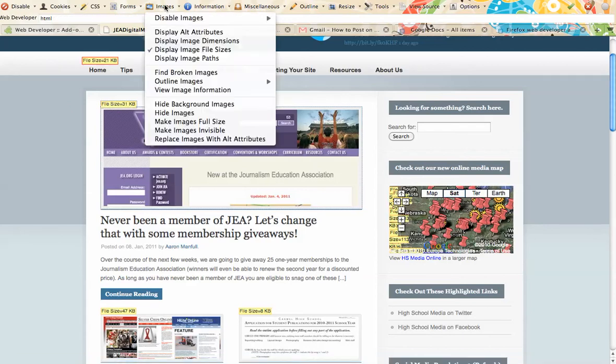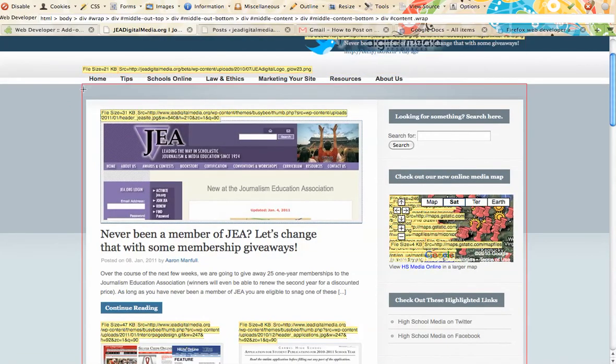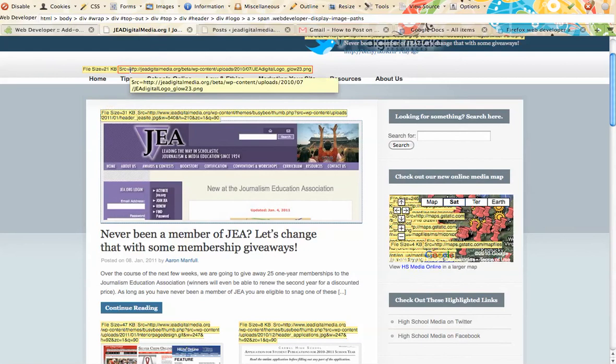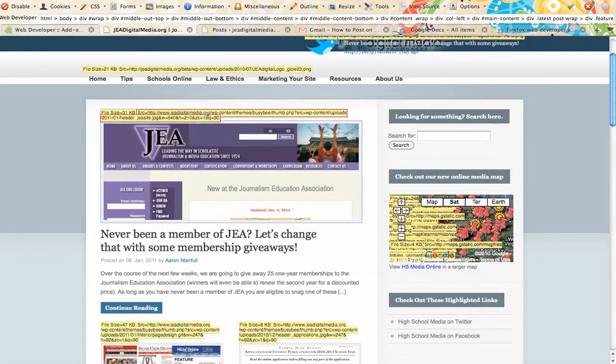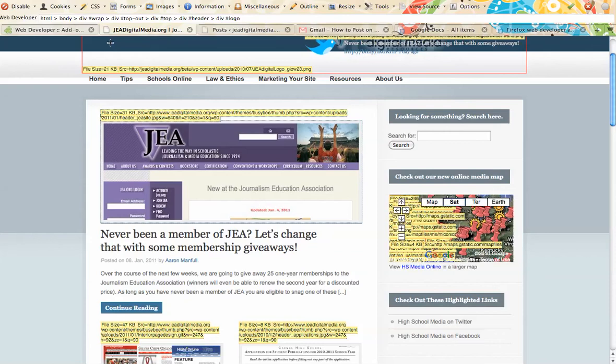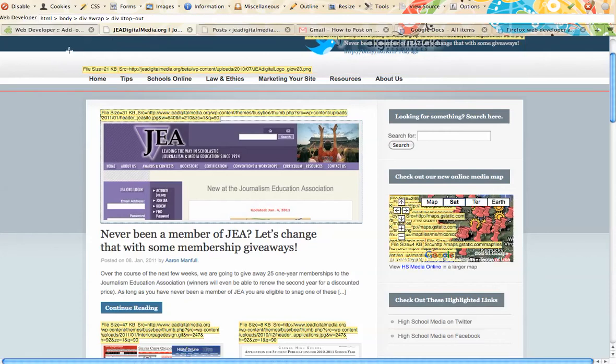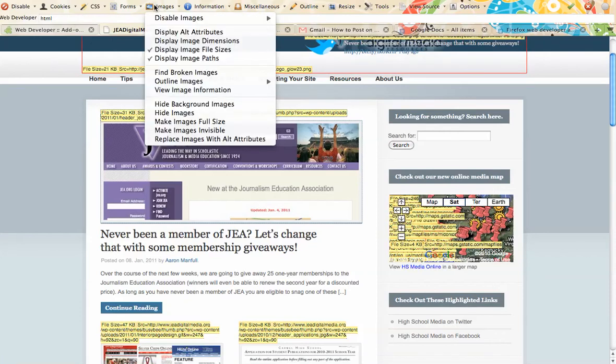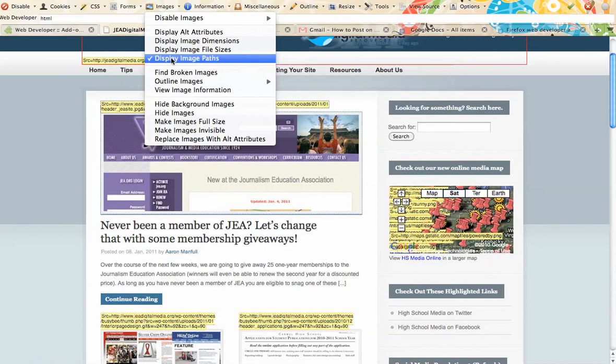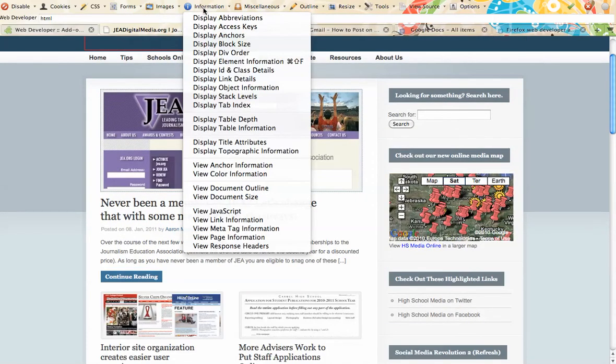The last image tool is Image Paths, and this is really just helpful to figure out where that image is located. We've had an instance before where a staffer has uploaded multiple versions of the same image, and the staff needed to figure out which version was on the page and where that was being pulled from. So once we turn those off, we can go over to Information,